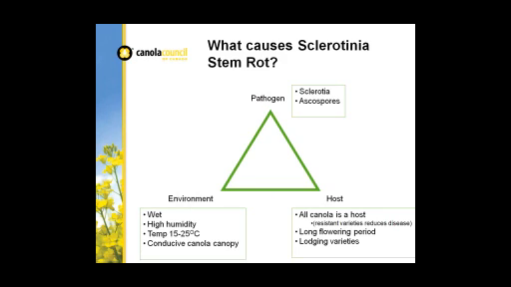Sclerotinia, or the fungus, loves wet conditions. It requires wet conditions to initiate that apothecia production. So early spring moisture is ideal for that, which is what we mainly have this year. It likes wet conditions at flowering period. So that fungus requires a lot of moisture to grow and to invade plant tissue. And so high humidity and wet conditions in your crop canopy will be a threat to the development of